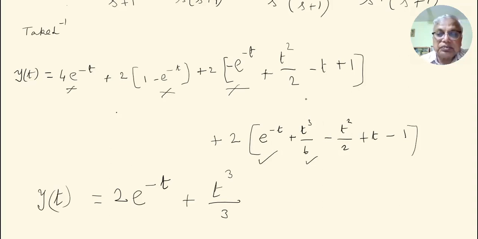Then t square term, so this and plus t square by 2 and minus t square by 2 multiplied by 2 cancel out. Similarly minus 2t and plus 2t also cancel out. So left with this term only, minus 2 or plus 2. You have minus 2 here, then you have plus 2 here, cancel out, plus 2 and minus 2 cancel out, and you have this 2 left, so plus 2. So this is the final answer